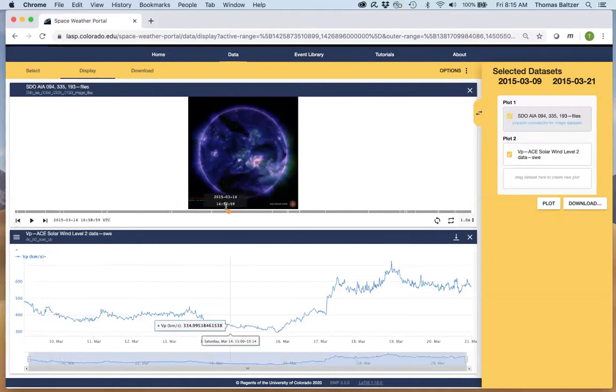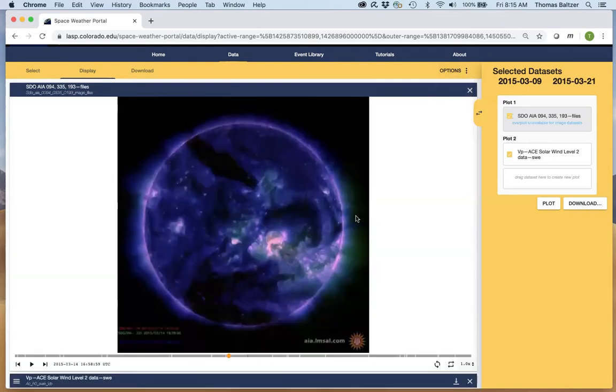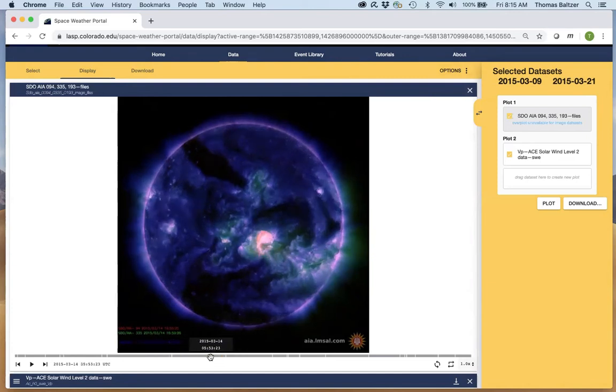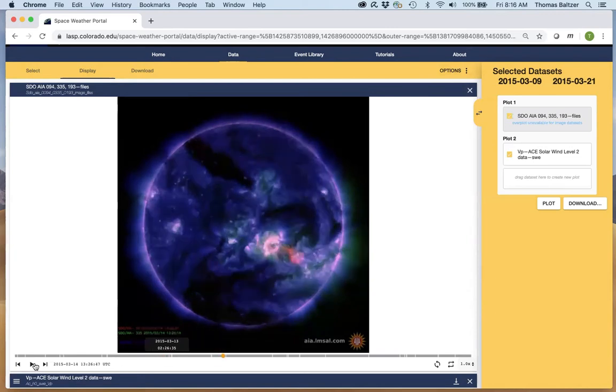It may be a little hard to see what's going on there. So maybe what I would like to do is take my options and drop this down to 1 row so I can take a closer look at what's happening. And maybe I can go back just a little bit further and see. Well, this thing was definitely very busy, but one of the things that I've been learning is that coronal